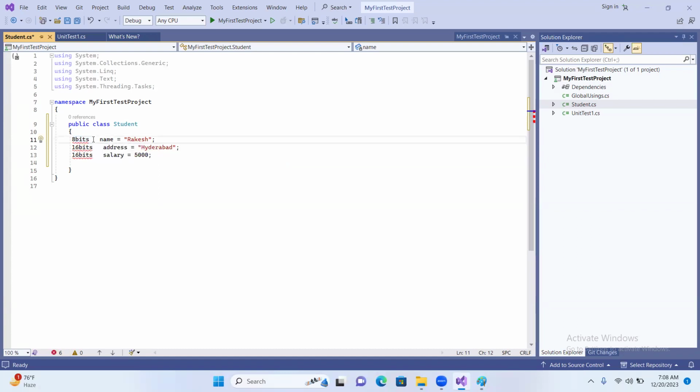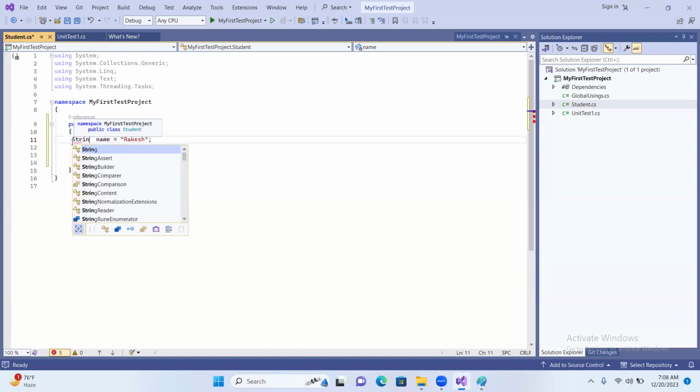Based on the data type, each data type will occupy some memory. You can understand, okay, I am using this data type, so this will occupy 16 bits of memory. But if I am using another data type, like int, it is going to occupy 32 bits of memory. So instead of mentioning that I need 10 bits or 16 bits of memory, 1 byte, we are just using the data type. For example, here,